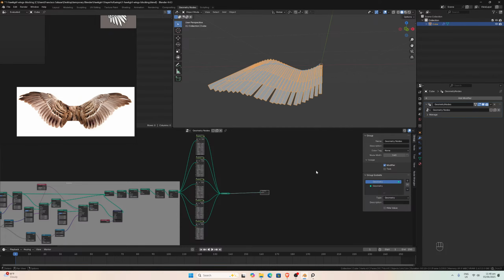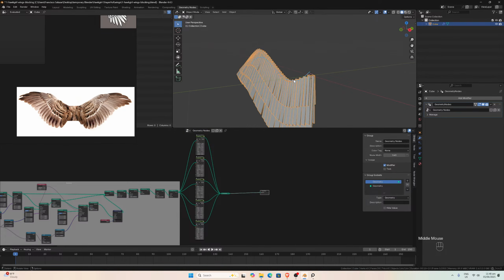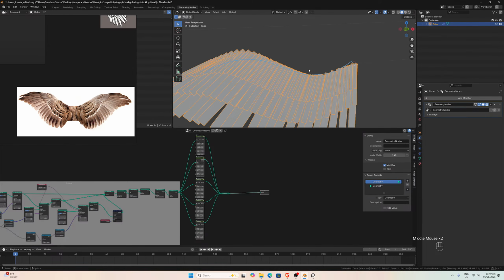So to continue with the structure of the character, I'm going to create some kind of basic shape here that follows the curve, the original curve that we created, to have something solid here, to have something that, okay, this is the border of the wings. Okay, so to create that,